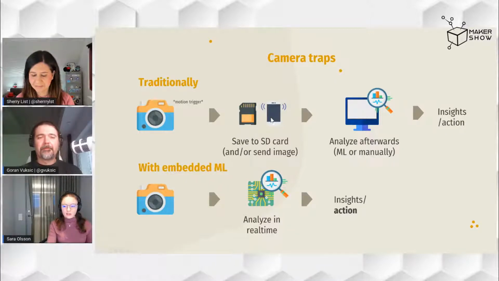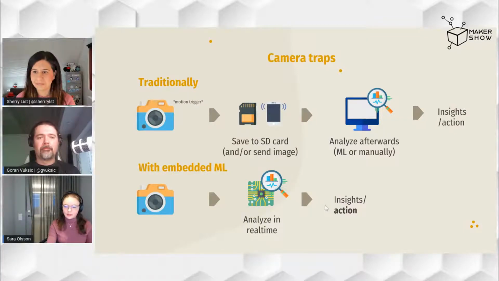However, the analysis of what we see in the image is performed after reaching its endpoint. Whereas with embedded machine learning, we do this analysis on the actual device, and it's possible to process the data before we send the information